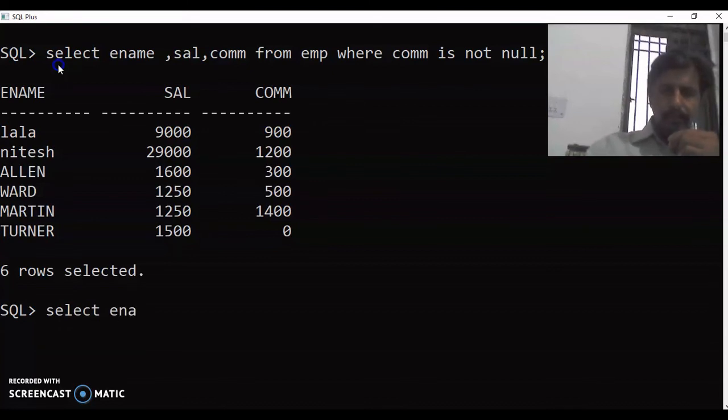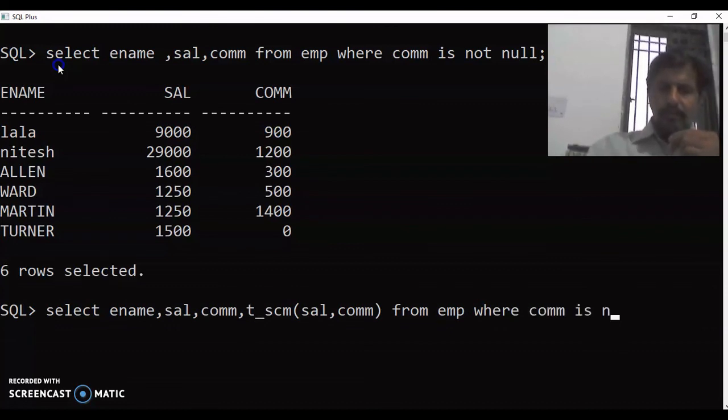Select ename, comma sal, comma commission, comma the function name was t_scm, and we will pass sal plus commission from emp where com is not null.